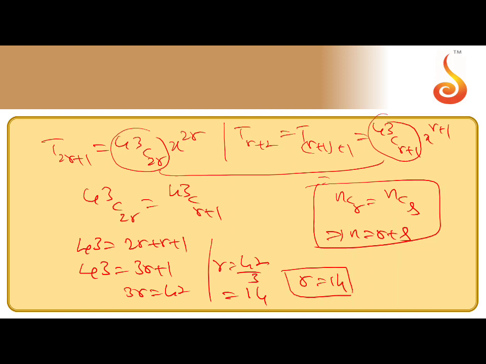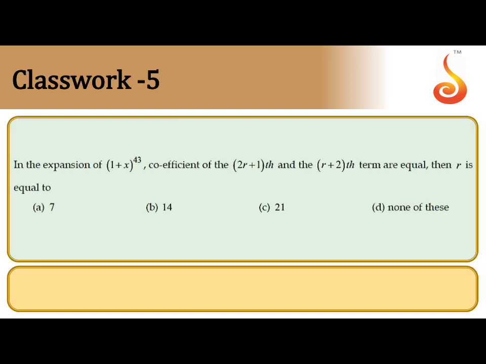So first of all take the (2r plus 1)th term and the (r plus 2)th term. r plus 2 means r plus 1, and equate the coefficients of x power 2r and x power (r plus 1) as given. The question gives this data. Given the coefficients are equal, use the formula to get the answer. I hope everyone understands. Next, check the answer. Answer 15.